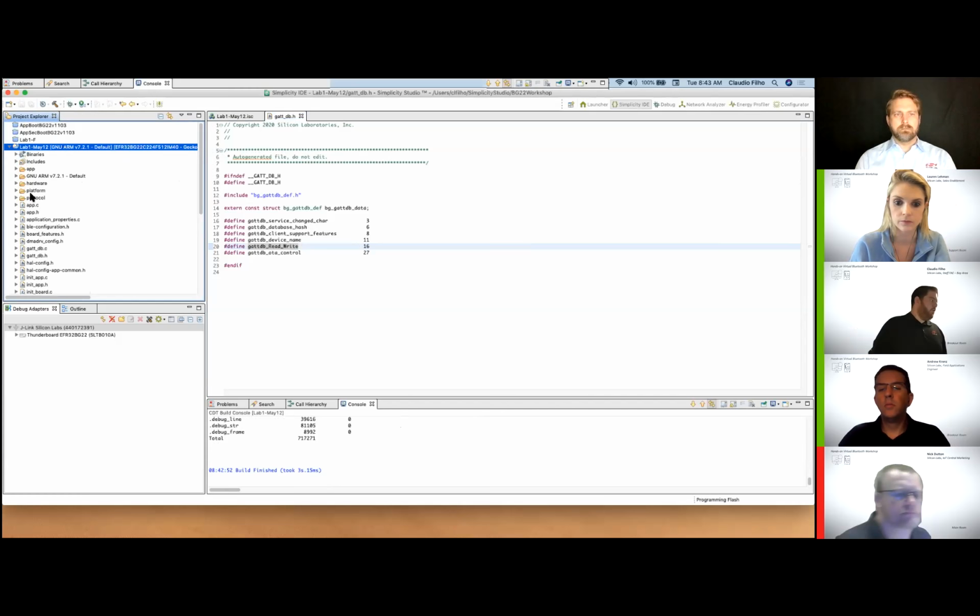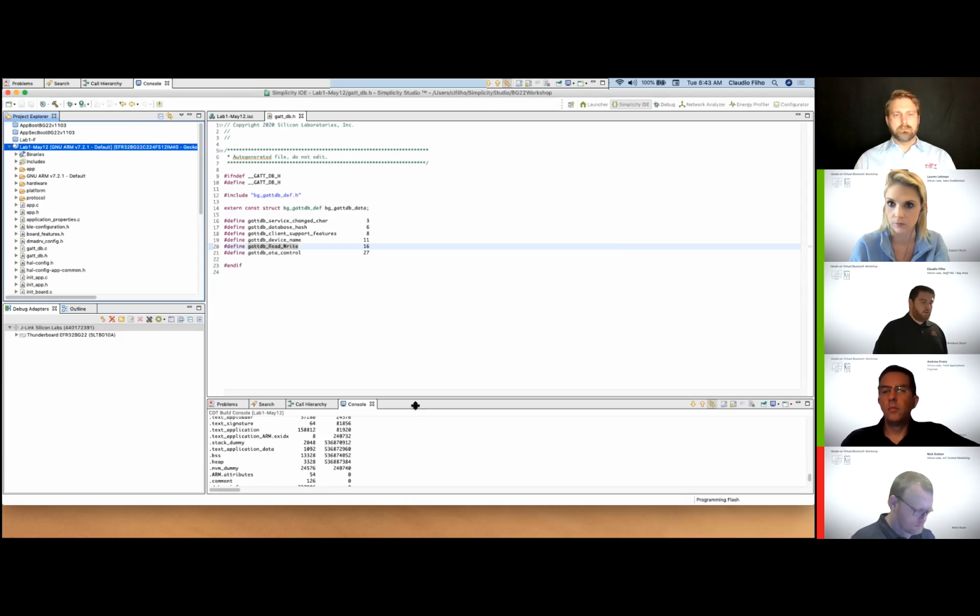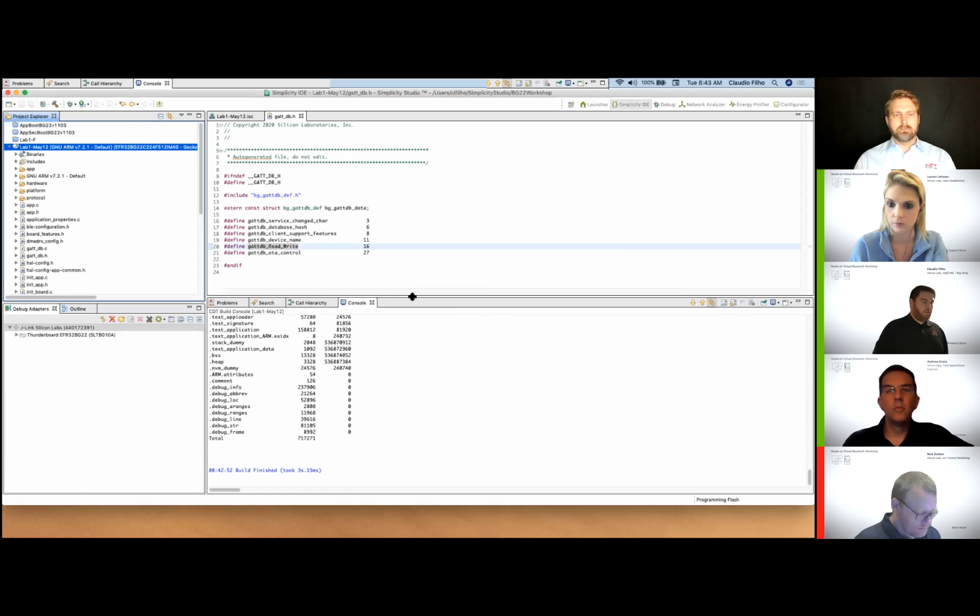So the lab here is telling you to use the debug functionality to basically load the image to the board. So you guys can go ahead and do that. Or the way that I particularly like to do this, I like to use the Flash programmer. So you notice, if everything went well, you should see here at the bottom of your screen